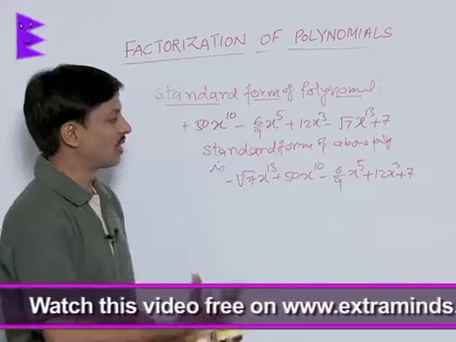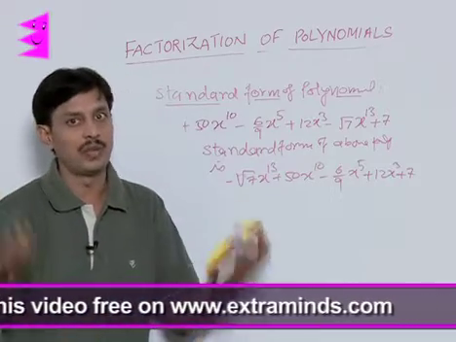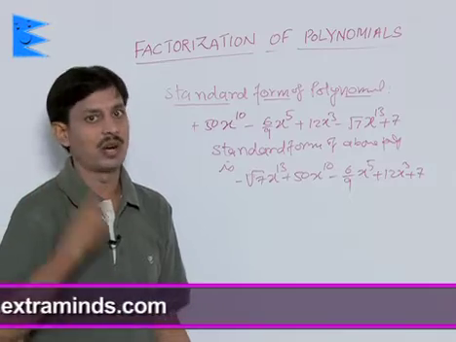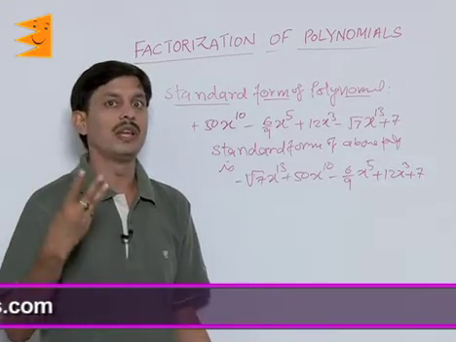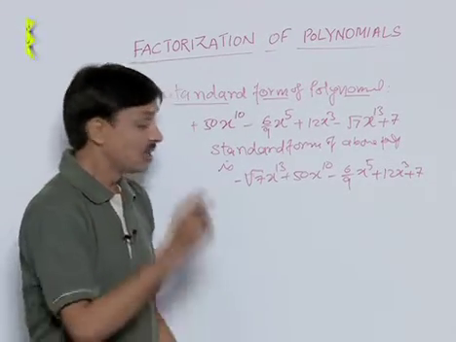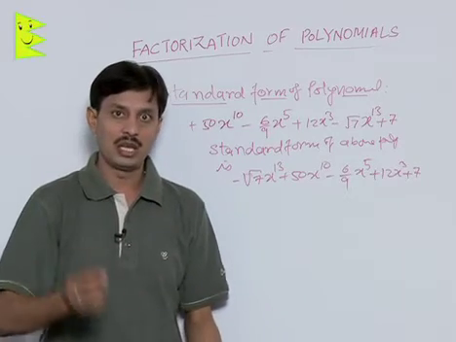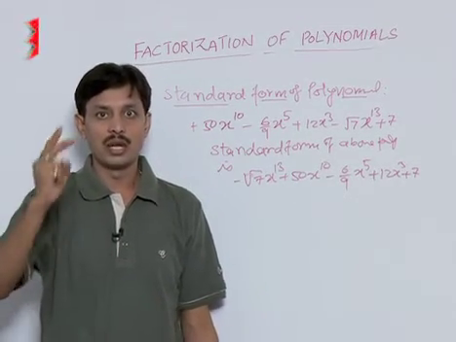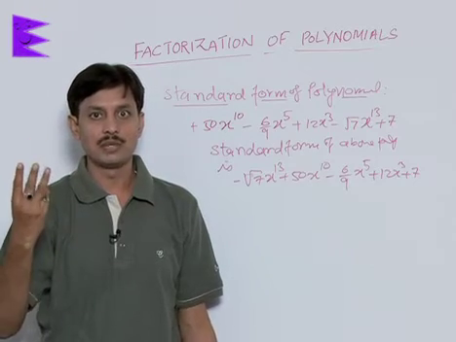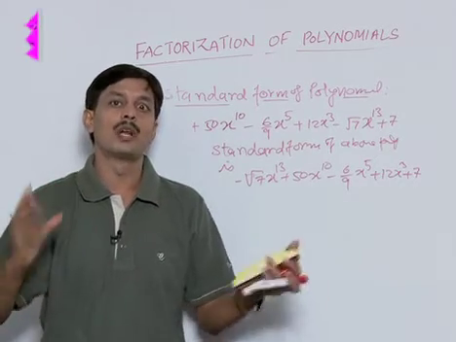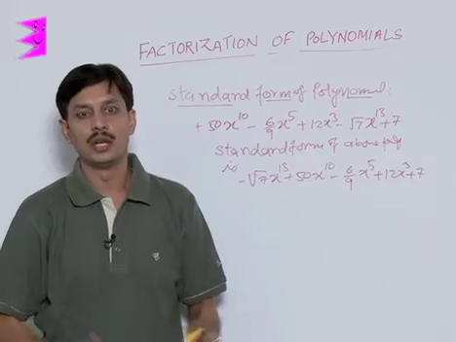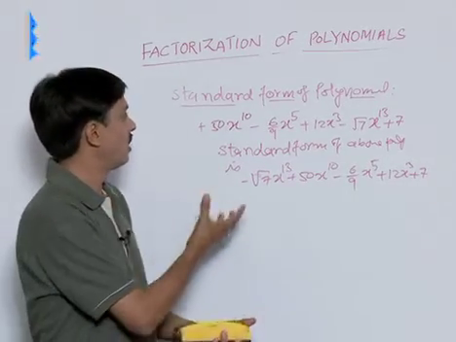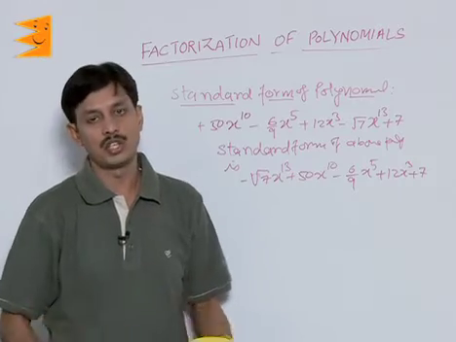Polynomials have been classified on the basis of their degree: constant polynomial if degree is 0, linear if degree is 1, quadratic if degree is 2, cubic if degree is 3, biquadratic if degree is 4. In the same way there are a few names based on terms. If there is a single term, it is a monomial. If there are two terms, it is a binomial. If there are three terms, it is a trinomial. If there are four terms, it is known as a multinomial. So this is the way of writing or classifying the terms and arranging the terms in their standard form.